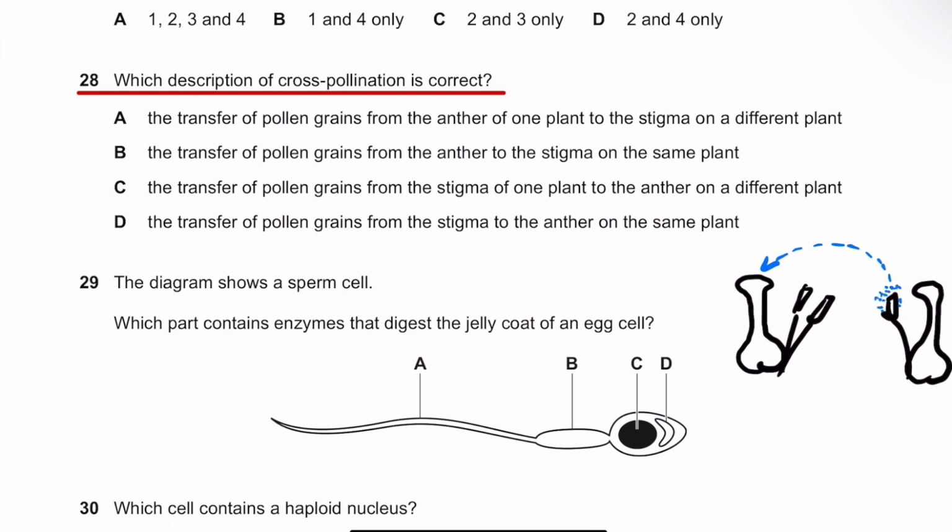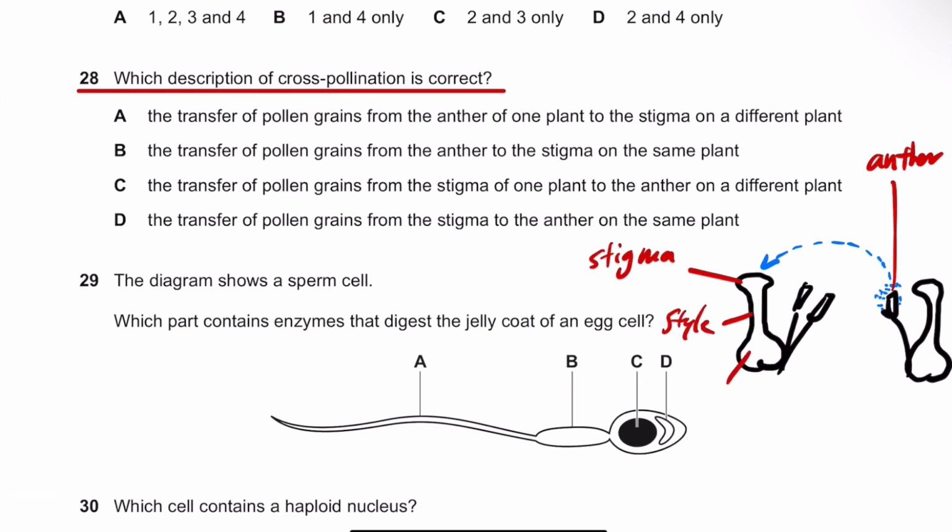present in a structure called anther, and it arrives in the part called stigma. So anther is the male part of the flower, and stigma is a part of the female part in the flower. So this part is called style, and this is called ovary, and inside ovary there's an ovule and egg and stuff like that. So the anther produces